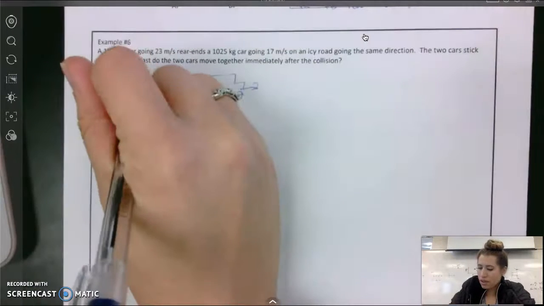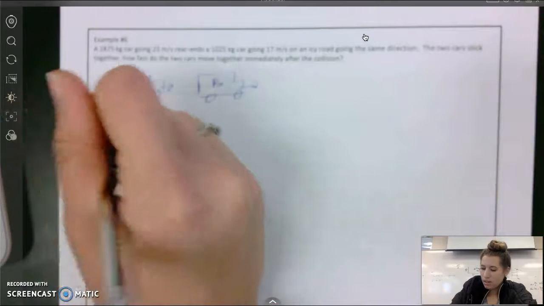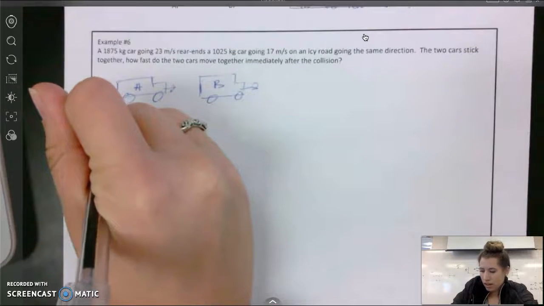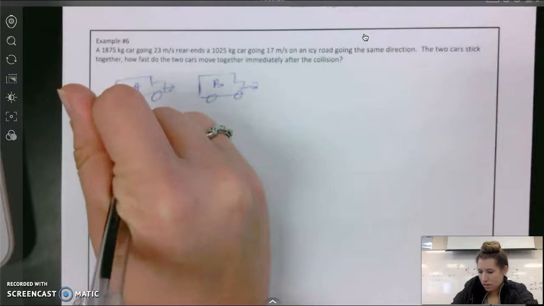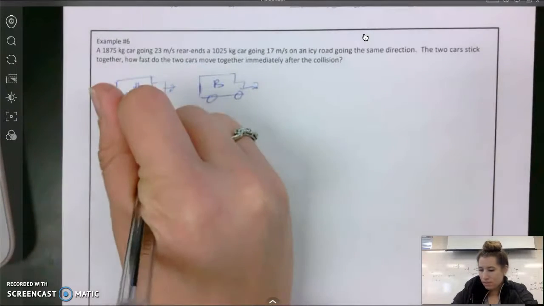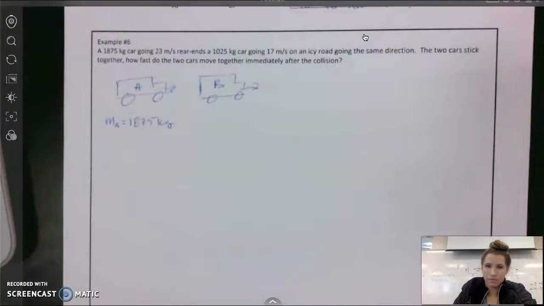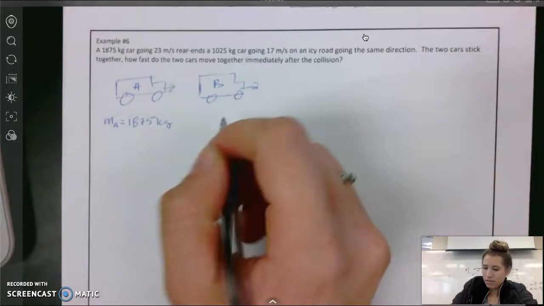Well, we call them A and B, and so car A has a mass, so mass of A will be 1,875 kilograms. Mass of B,